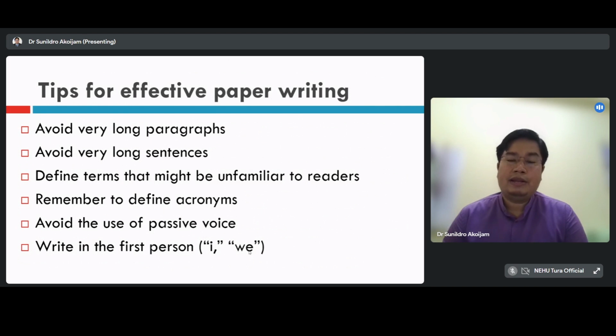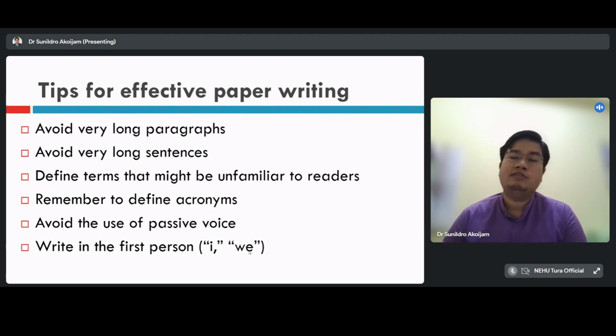Then avoid very long paragraphs. I have seen in many papers that the lengths of the paragraphs are very uneven. One recommendation from my side is that you should always try to have uniformity in paragraphs. For example, the first paragraph of the introduction may come to 7-8 sentences, and the second paragraph only 3-4. So it looks very uneven. Better to try to have uniformity and avoid long paragraphs. A paragraph running to one page or 1.5 pages, you had better avoid that.